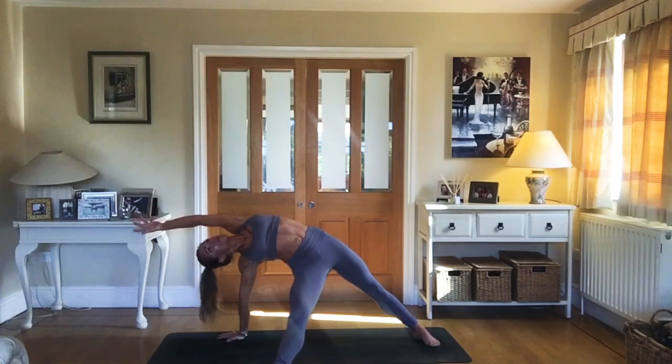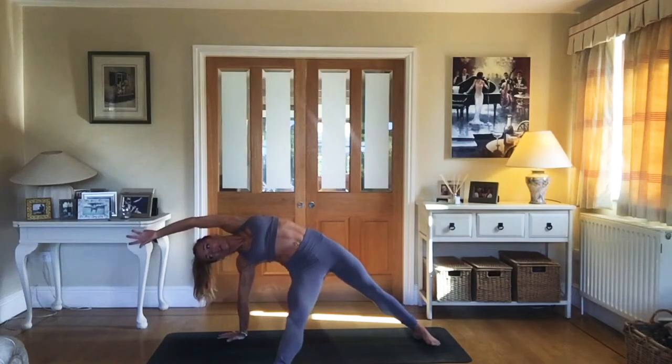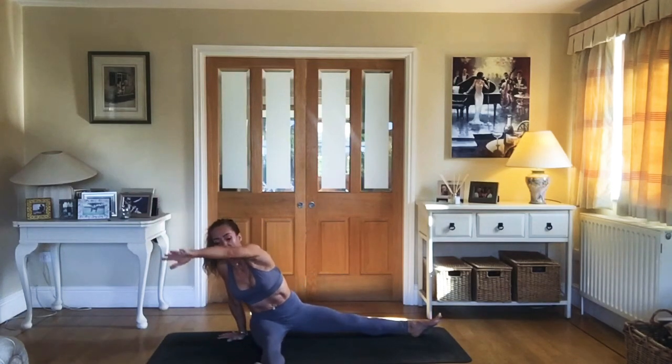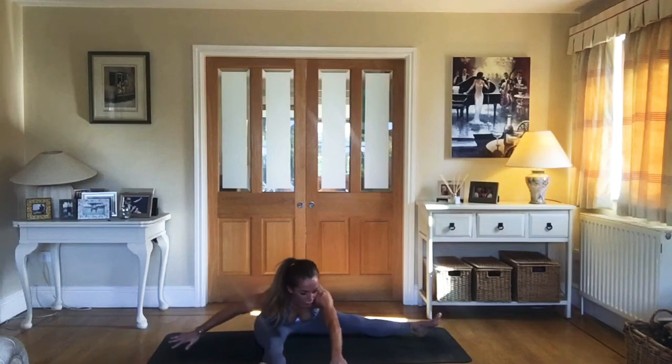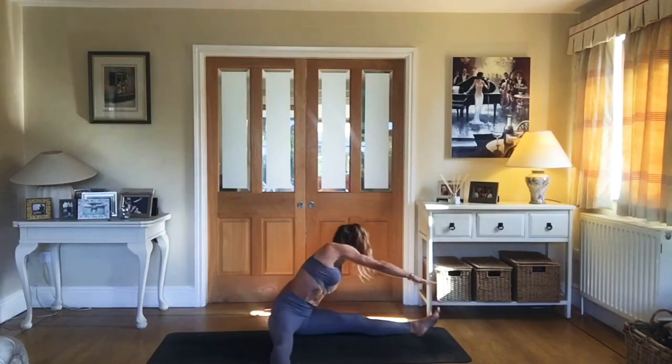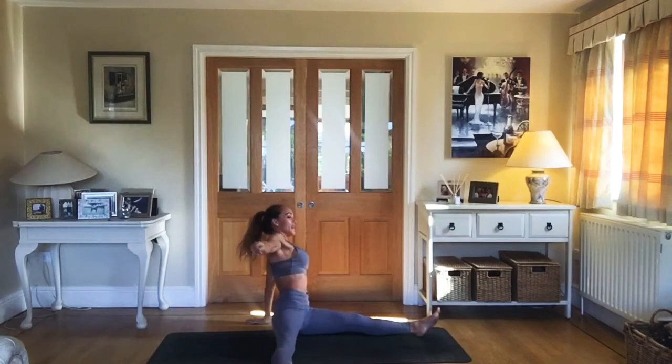Grip the mat with your right fingertips. Spin the right bicep forward, take one more breath in. And with your breath out, slowly lower the hips to the earth. And then from here, I want you to sweep your fingertips towards the bottom, towards the feet, over top of the feet like a rainbow, until you can bring your left hand down behind your left hip,